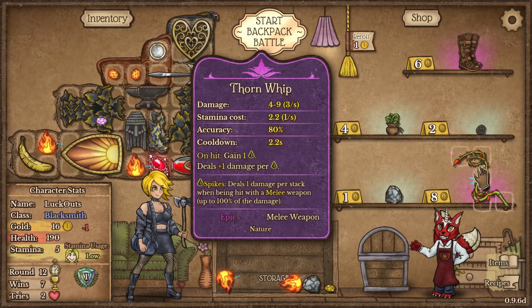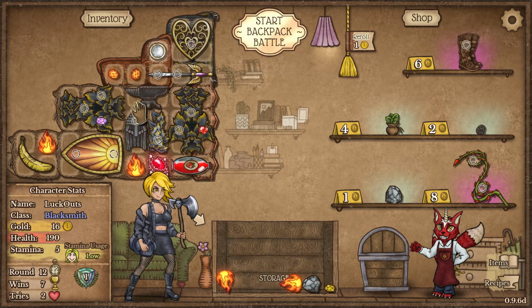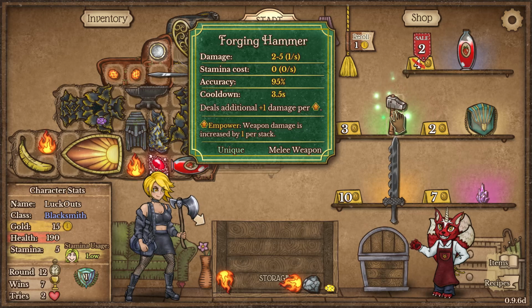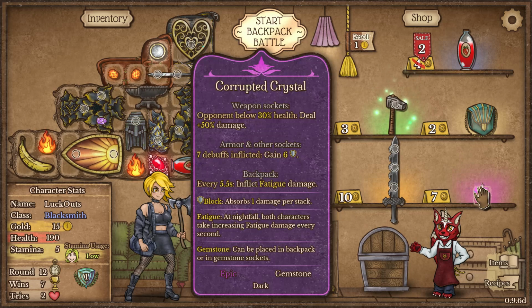Going to reroll here. Chain Whip. We could actually take a Chain Whip here. However, we have to find our actual little forged hammer again. Alternatively, we could take some more leather boots, but still not going to take it. And there's that little forged hammer here. Honestly, I'm kind of just genuinely looking for a fancy rapier. I think that is probably going to be